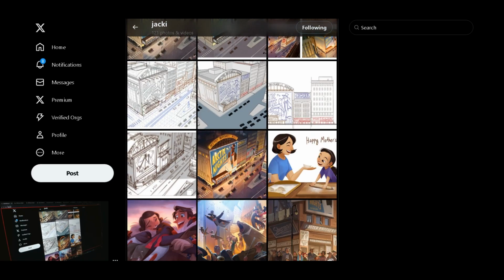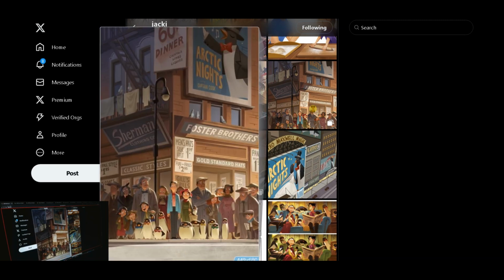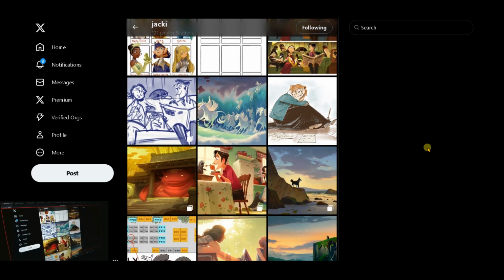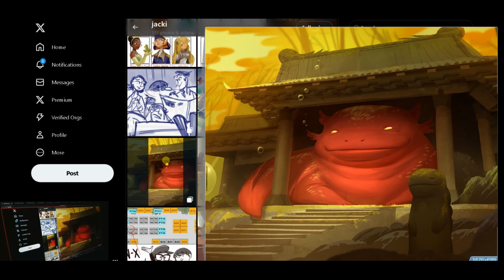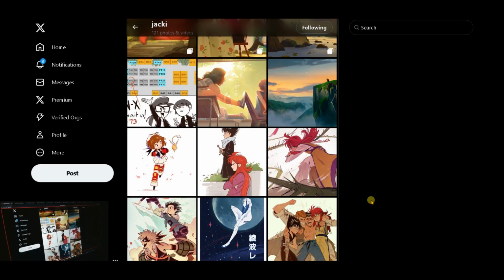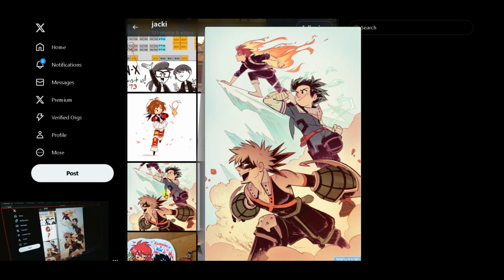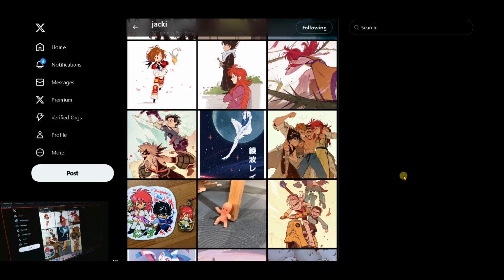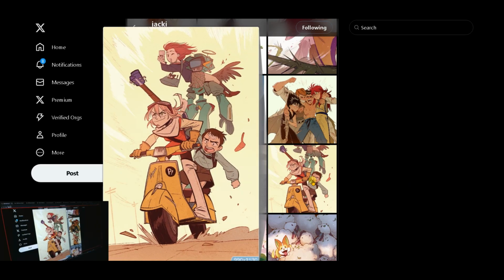So let's scroll down. Are those penguins? Oh, that's so cute. What in the hell is this? Is that a salamander? It's super big too. Kawaii. Yeah. I think this is Hero Academia fan art. Is it? No idea. And for these ones, they do have lines in them. So they do have a couple of styles, but...